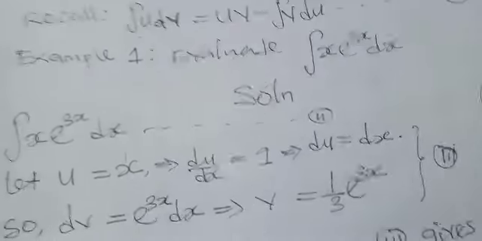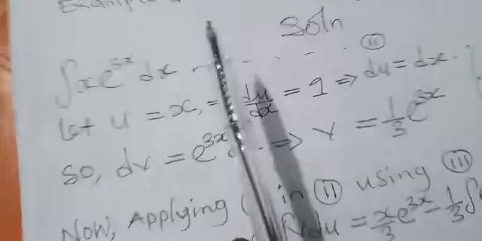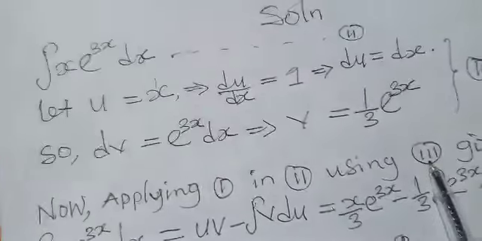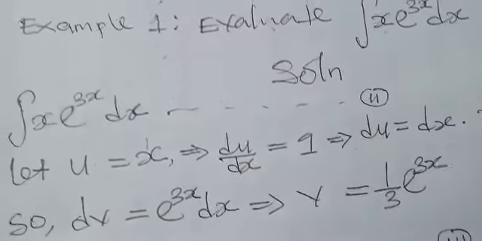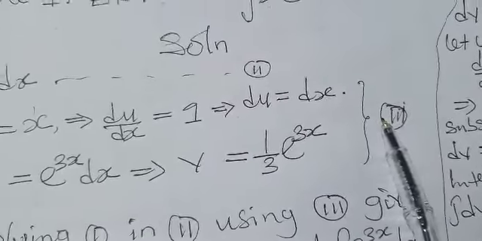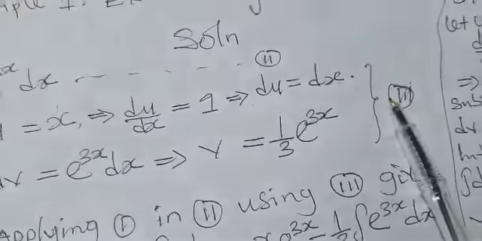Applying that principle, equation 1, in equation 2. Equation 2, what is it saying? That is the main problem we intend to solve: integral x exponential 3x dx, which is equation 2. Applying equation 1 in equation 2 using equation 3. How to do it? Our 4 parameters: 1, u equal to x. 2, du equal